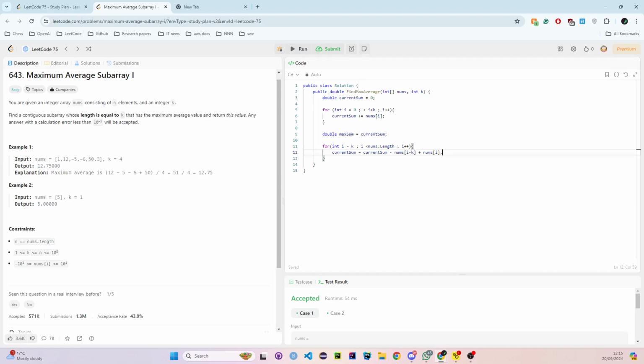And then after we've done that, we update our variable. We say if current sum is greater than max sum, then we say max sum is equal to current sum. Really simple. And then we finish it off, outside the loop, after we've gone through the entire array, we say return max sum, just to get the average,